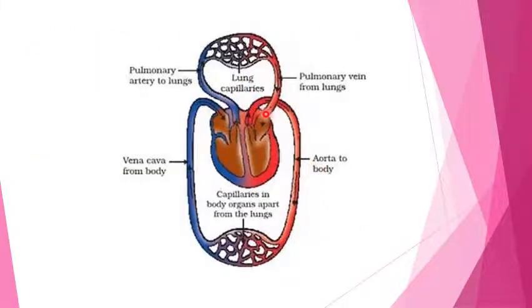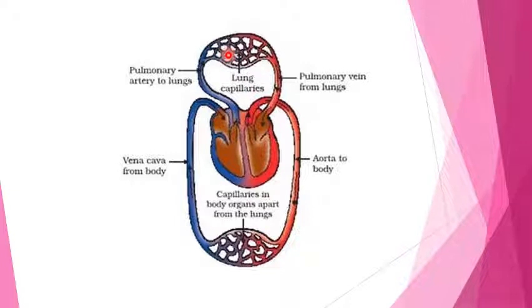So this is your NCERT figure. During the examination you may draw this or you may get it unlabeled and you have to label it. Here you can see this is the deoxygenated blood which the vena cava carries from the body and passes into the upper right atrium. Now from the right atrium it passes into the right ventricle.